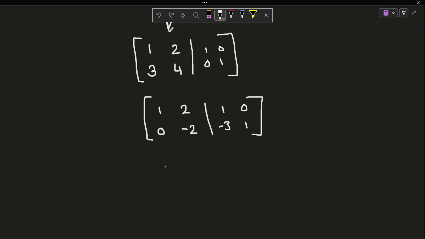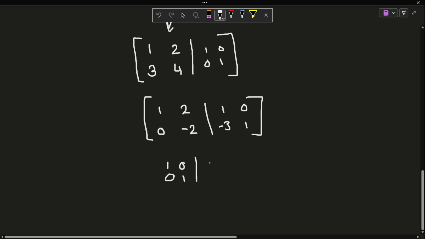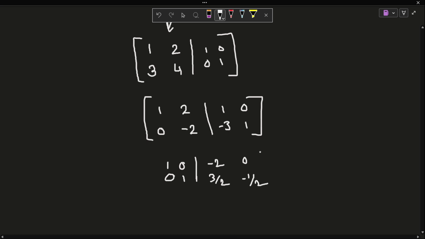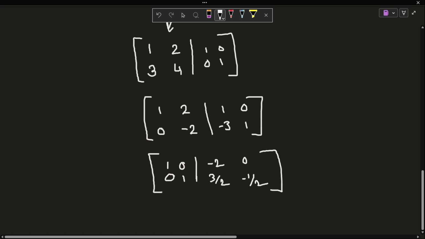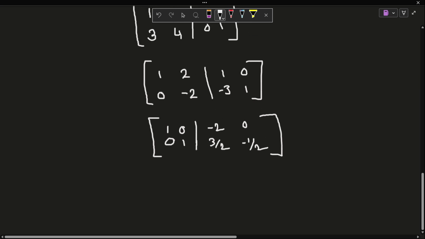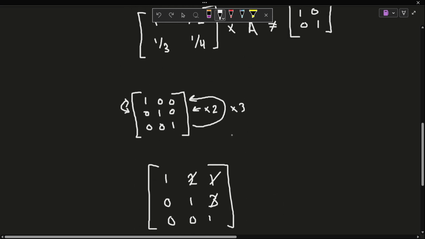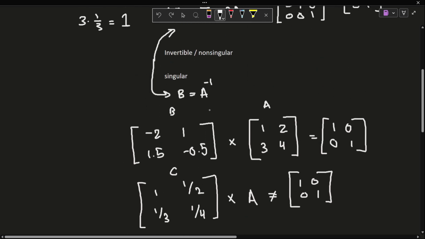Okay, so let's do those two simultaneously just to save time. 1 0 0 1, and then on the right side we're going to get -2, which is just that -2, and then 0, and then 3 by 2 because we're multiplying by -1/2, and then -1/2 here. Okay, so as you can see here, this has been turned into the identity matrix. And then this looks familiar because we just did it here. This is our...